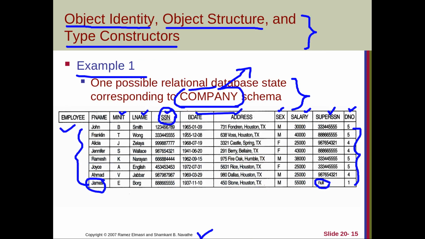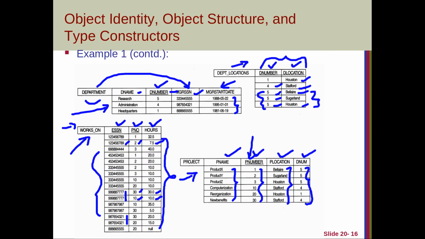Here the employee has different details. Now the department is connected through the social security number with the employee table. Similarly, the department number with the department table,